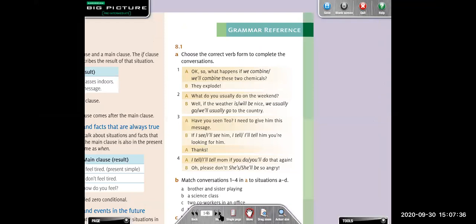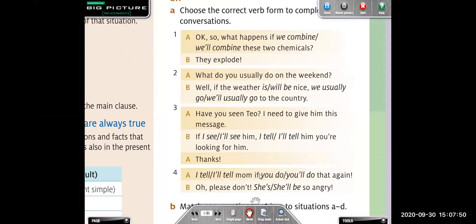So, try to do the exercise. Traten de pensar cuál sería el adecuado, si el zero conditional or the first conditional, and then we are going to check, ¿ok? Traten de hacerlo, les voy a dar unos 2 minutitos.